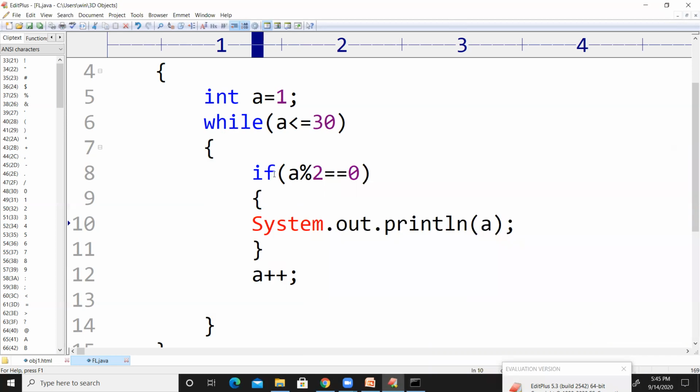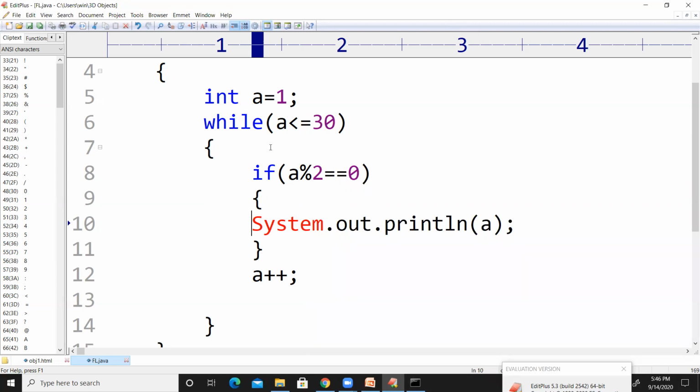So this if is a conditional statement. We have already studied in the previous session how if can be used in the program, what is the syntax of if, what is the flowchart of if, and how the if behaves in the program. The people who don't understand how this if condition will work in the program, please watch the previous session, and there you can have some clarity regarding this if condition.